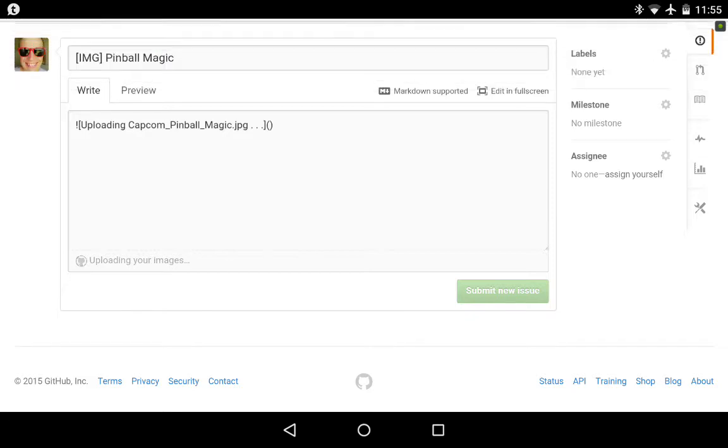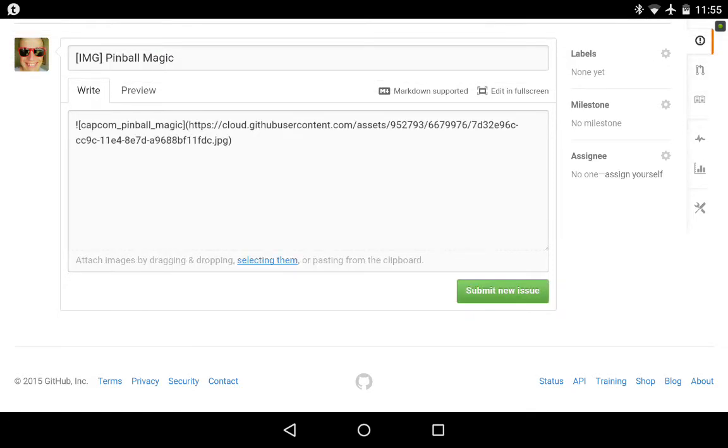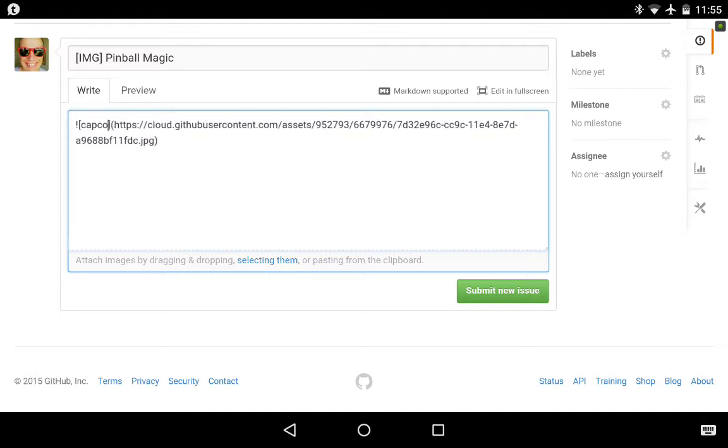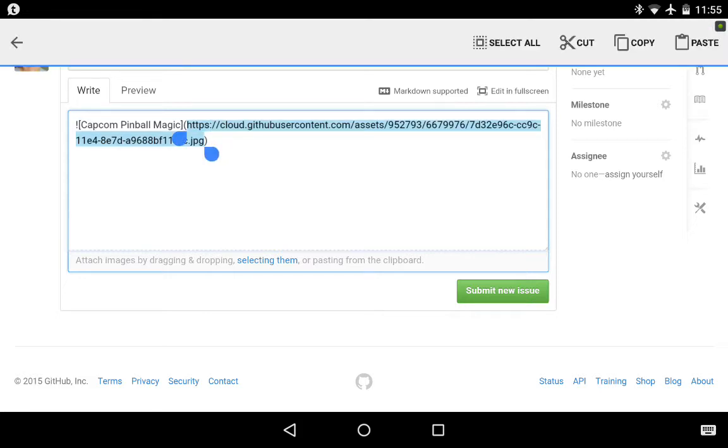Now what you can do to further enhance this link, as you can see, you've got markdown syntax here. The first block is the image title. You can change that to something more meaningful if you like. For example, Capcom Pinball Magic, which is the name of this particular machine. And you can also see that there's a URL here that you can copy. So if you copy that link,